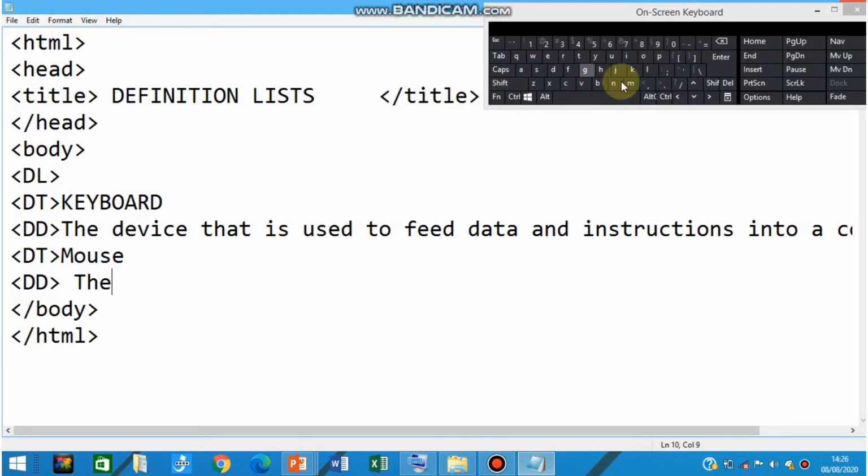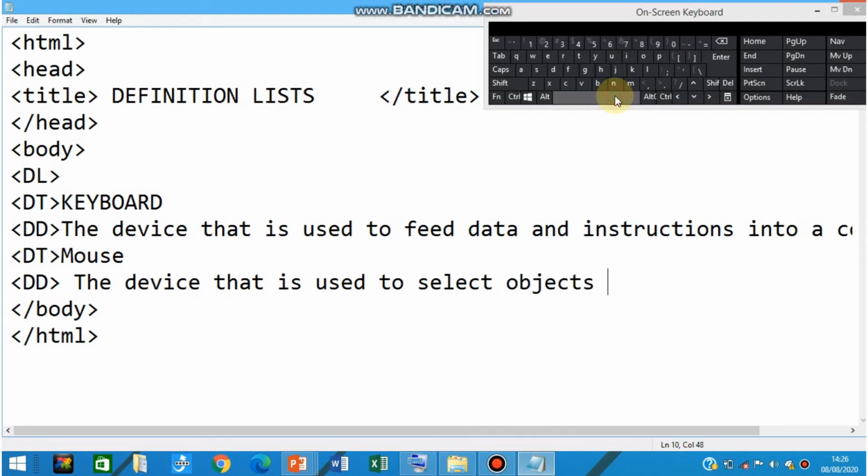The device that is used to select objects on the screen. Fine. So this is the definition of mouse.